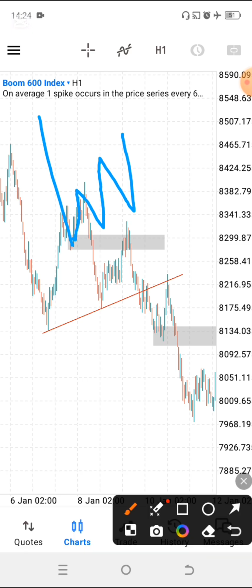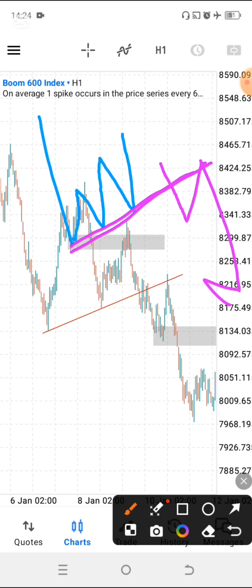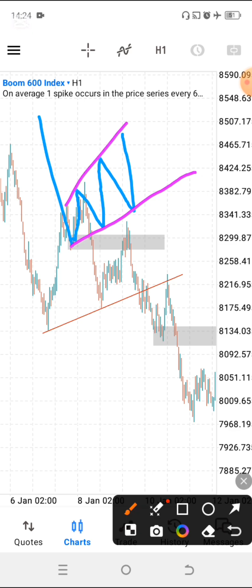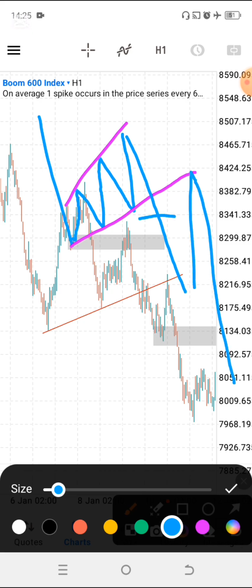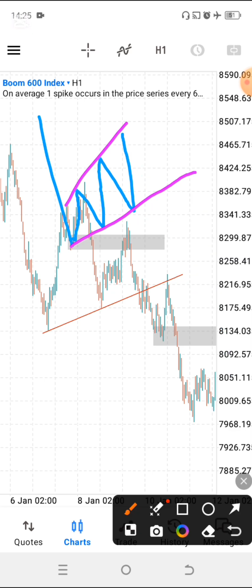So over here, we draw out our trend lines, right? Mainly if you are in a downtrend, the most important trend line is the one on the bottom, right? Because we are going to be entering either on the breakout of this trend line or the retest after a breakout. So that's when we'll be getting our entries, right? So over here, we draw out our flags, right? So we can have a flag or a wedge, right? And after that, wait for the market to break out, right? You can enter on the breakout or wait for a retest of that area, and it continues what? Going down, right?